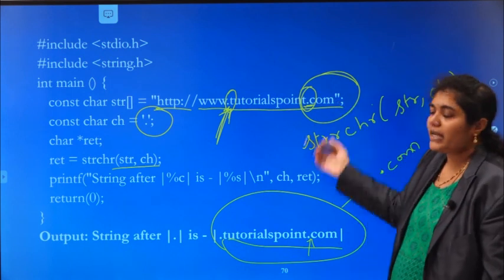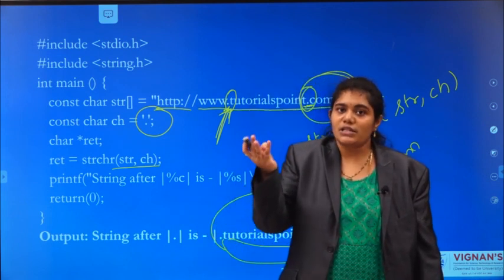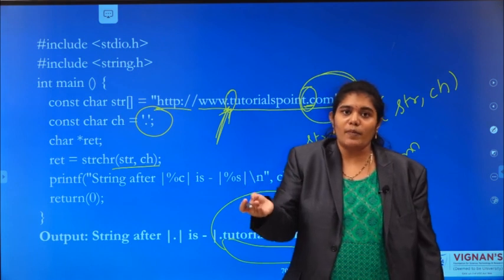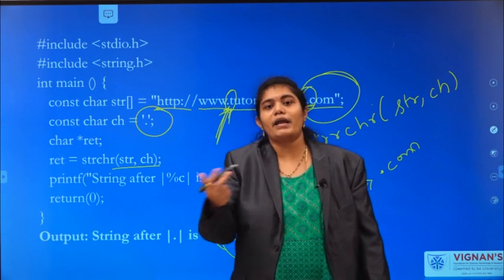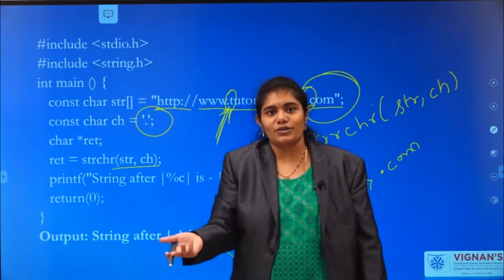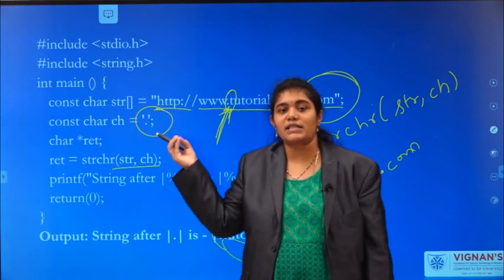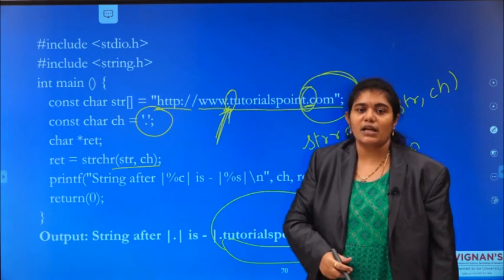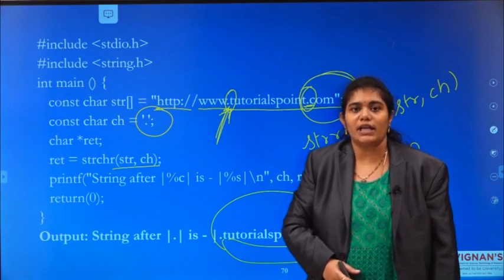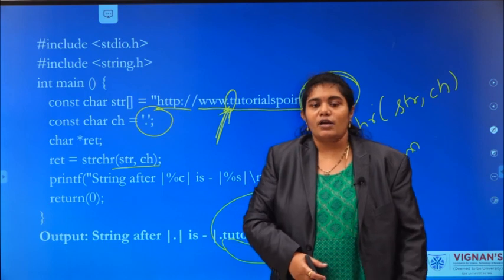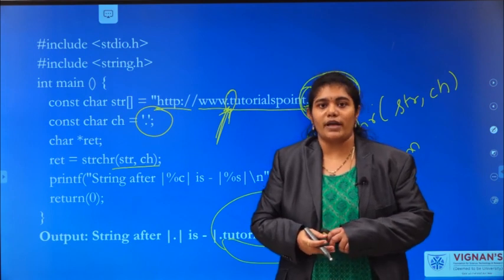Okay. So these are various string functions available in the string.h header file. We have discussed string length, string copy, ncopy, concatenate, nconcatenate, compare, ncompare, compare and ignore case, ncompare and ignore case, string set, string nset, and string search, that means strchr and strrchr. These are all various built-in functions available in the string.h header file. So this is the importance of strings. In the next session, we will discuss pointers. Thank you.